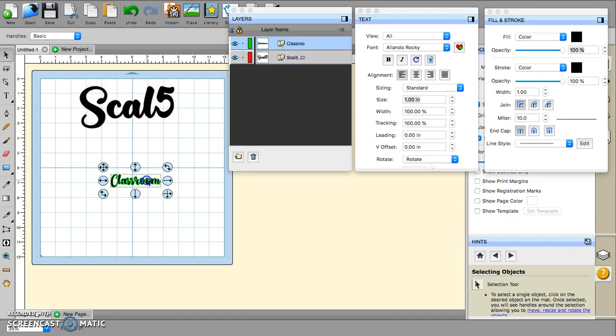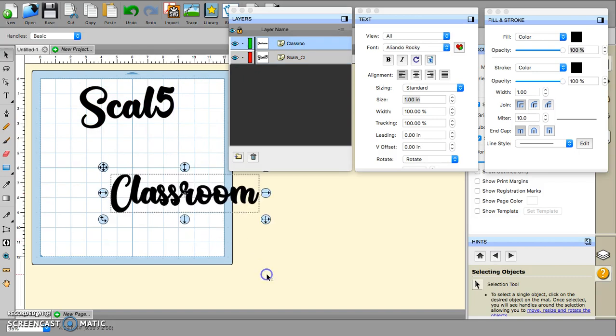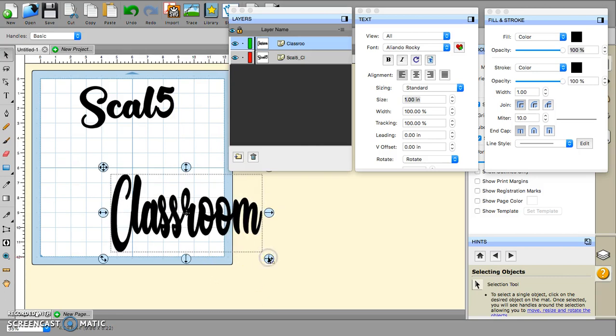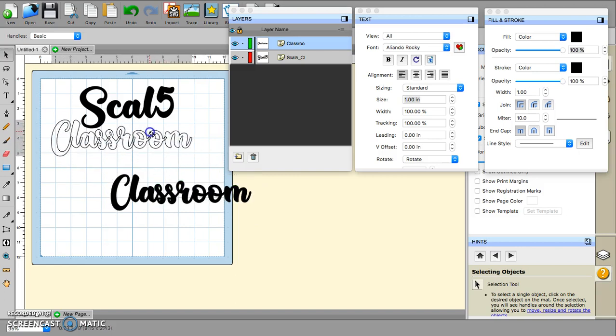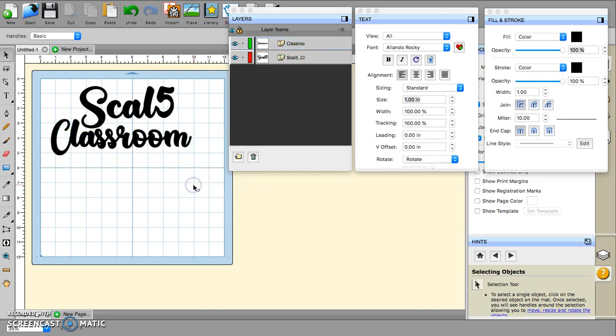And I like to make it bigger so that I can see it and work with it. So I'm going to hold down the shift button again. And what that does is it keeps its size. If you do not hold the shift button, this is what happens. It just changes sizes automatically like that. So just click undo at the top, hold down your shift button, and you can size it however you want, and it retains its shape. So if I put SCAL Classroom here,